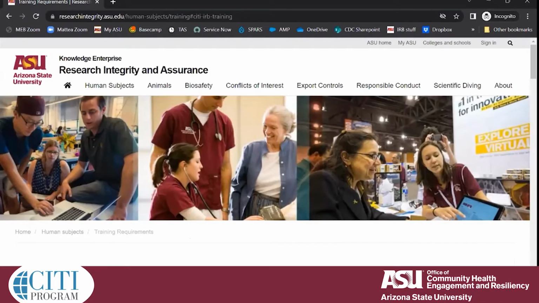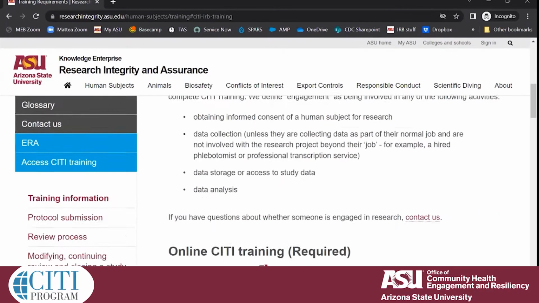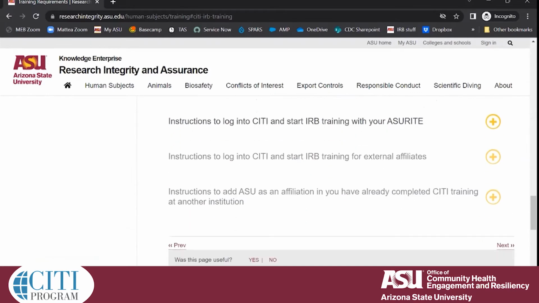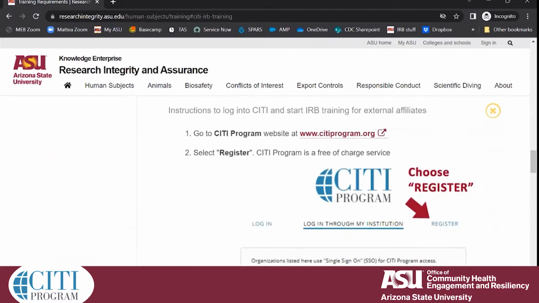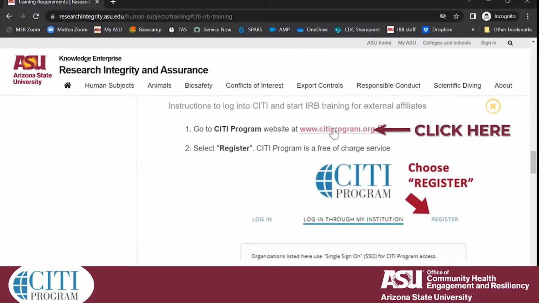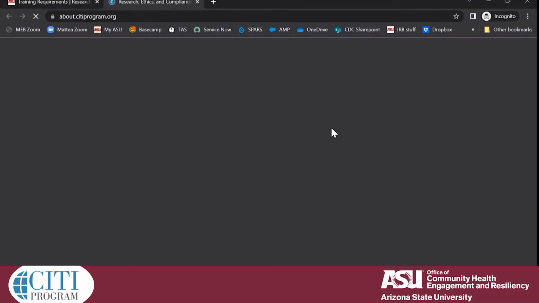So once you click on the link, it should take you to this page, and you'll go ahead and scroll all the way to the bottom of the page until you see these yellow plus signs. And so you're looking for the instructions to log into CITI and start IRB training for external affiliates. You're an external affiliate, so you'll go ahead and follow this link here, which will take you to the CITI